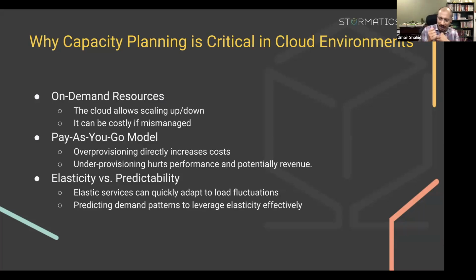You want to be predictable in order to be able to leverage that elasticity to your advantage, rather than overspending or underspending. And it is that elasticity and those on-demand resources that make capacity planning so critical in cloud environments. And this is something that we've seen repeatedly in our